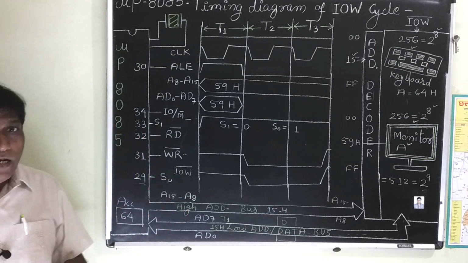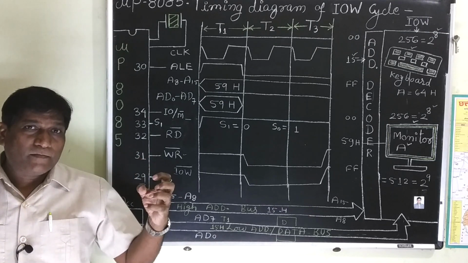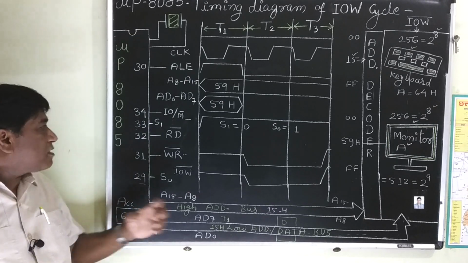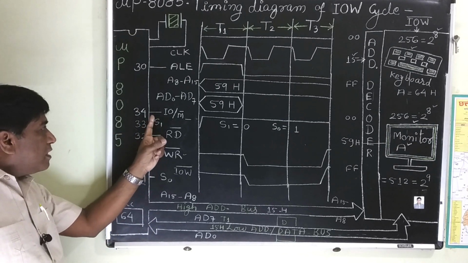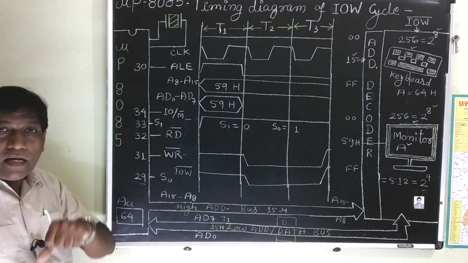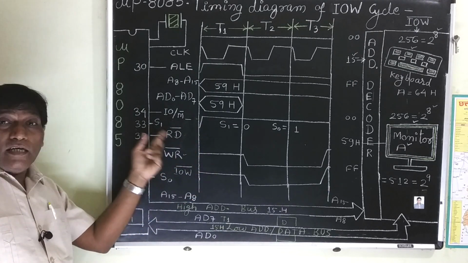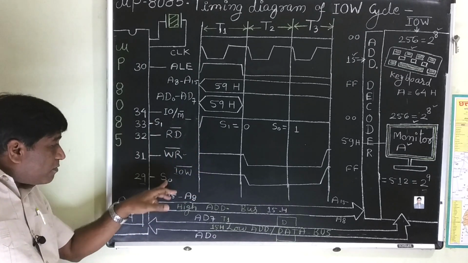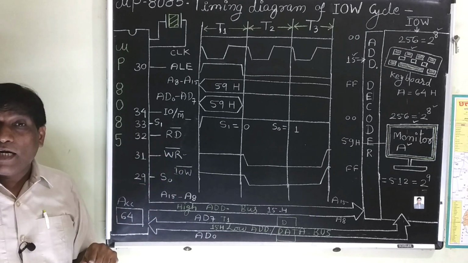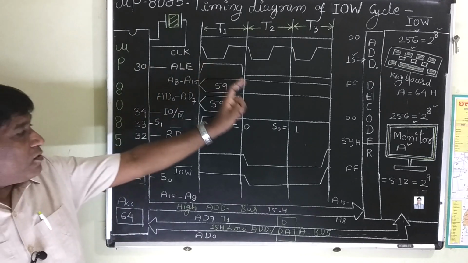Now you will feel the utility of the formulas we initially gave you for remembering these pins. Yes, we have to remember. Here at pin 33 we have S1, which is close to read bar. According to read bar, it is the ready signal that is operated. According to write bar, it is close to S0. S0 is operated according to write bar. So this is all about the IO write cycle.